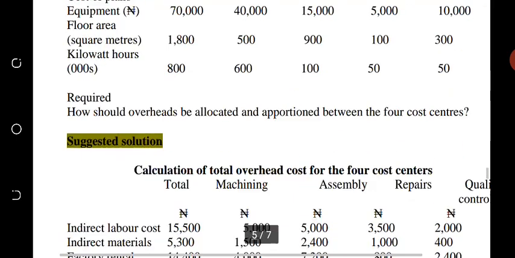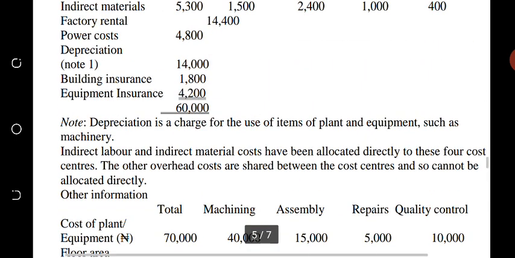Now another cost that should be apportioned is depreciation. Depreciation should be shared based on what? Remember, in accounting it is based on the cost of an asset. So how can we share it? The total cost of the asset is 70,000 naira. So we say division,